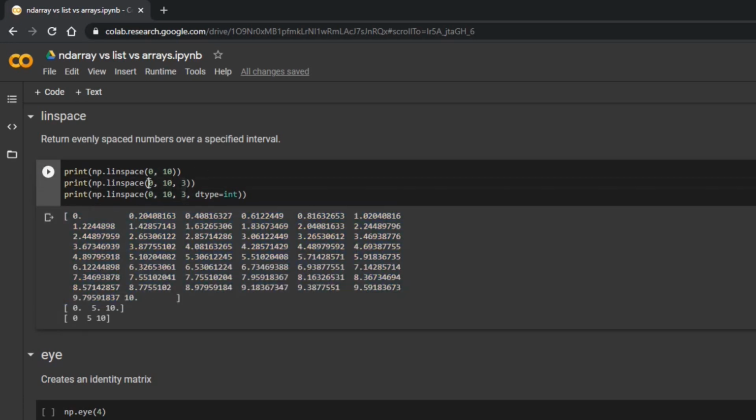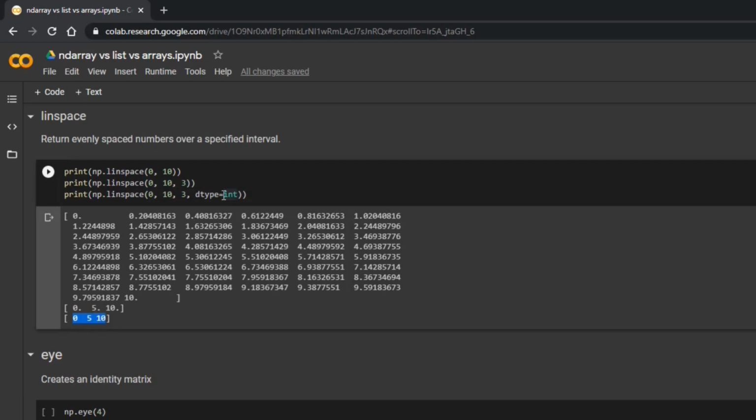So here I am generating 3 elements in the range of 0 to 10. Only 3 elements are generated. Now again, linspace 0 to 10, 3 elements, having the data type int.